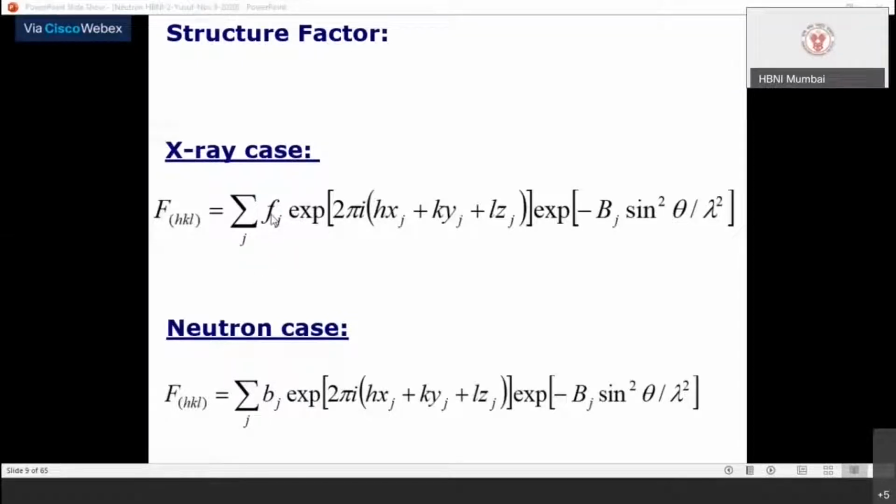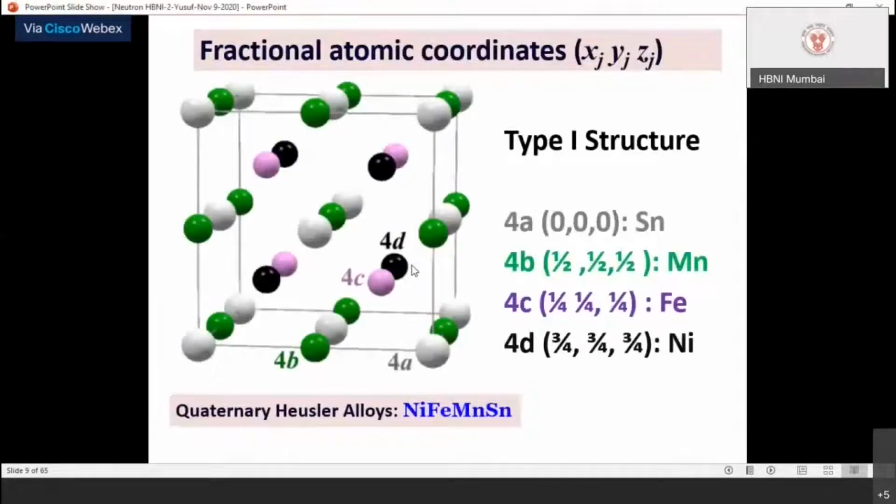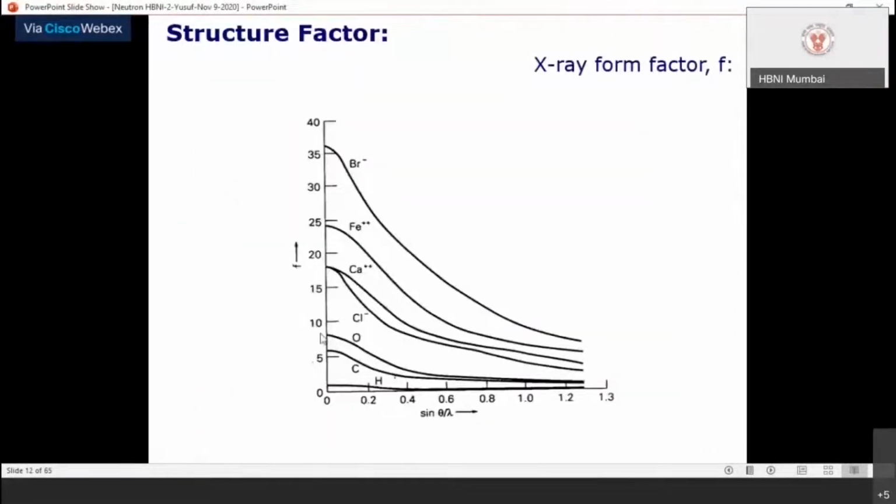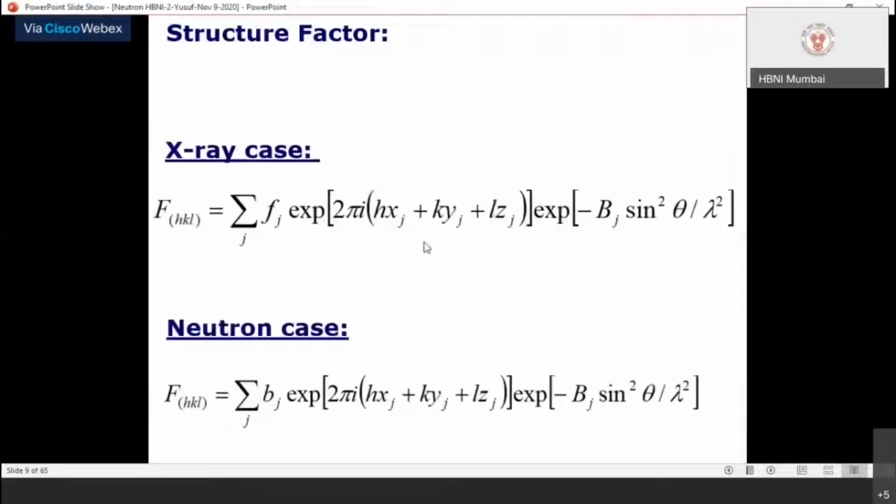So an extended form factor is there. As you know, the form factor is always in Q space, and it is nothing but the Fourier transformation of the physical quantity in real space. So very precisely, f is a function of Q, where the magnitude of Q is 4 pi sin theta per lambda. It is the Fourier transformation of the charge cloud in real space. That corresponds to the X-ray case.